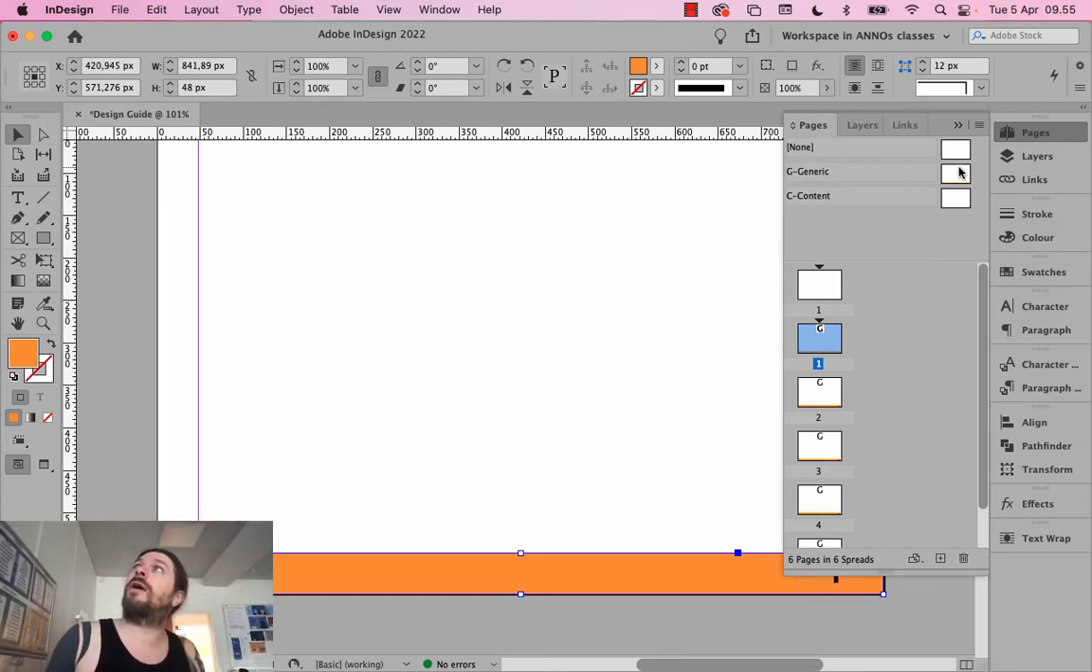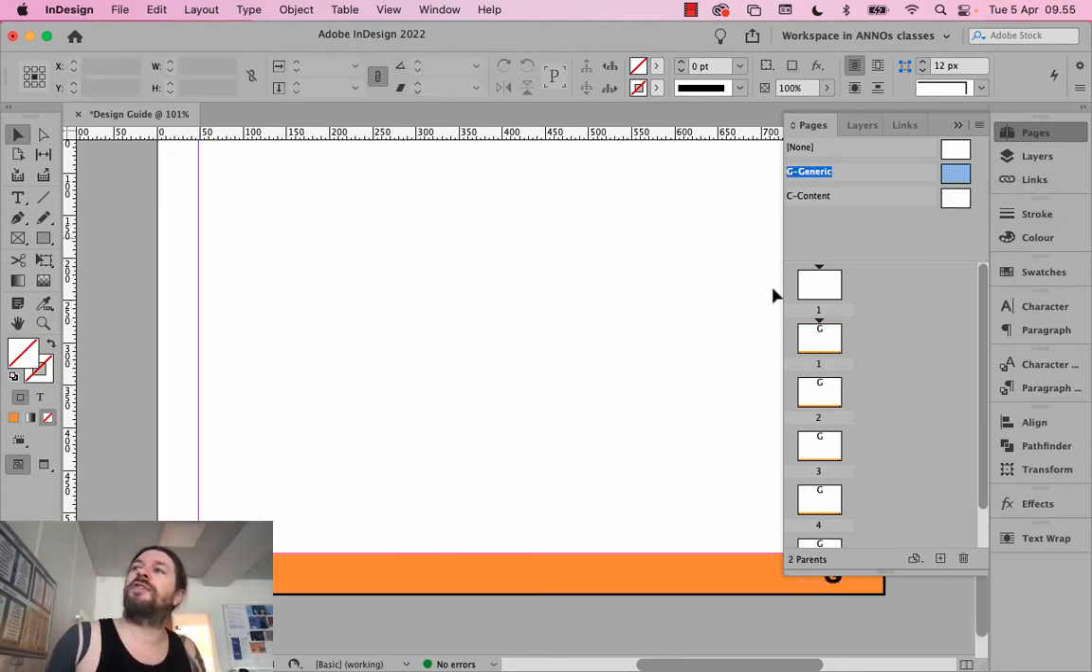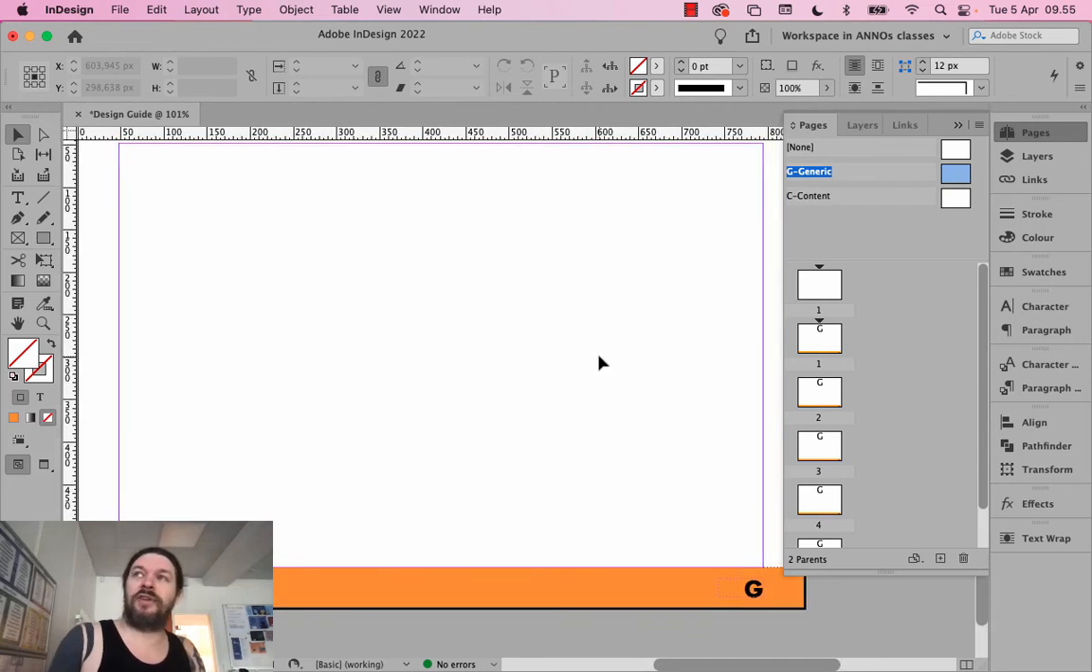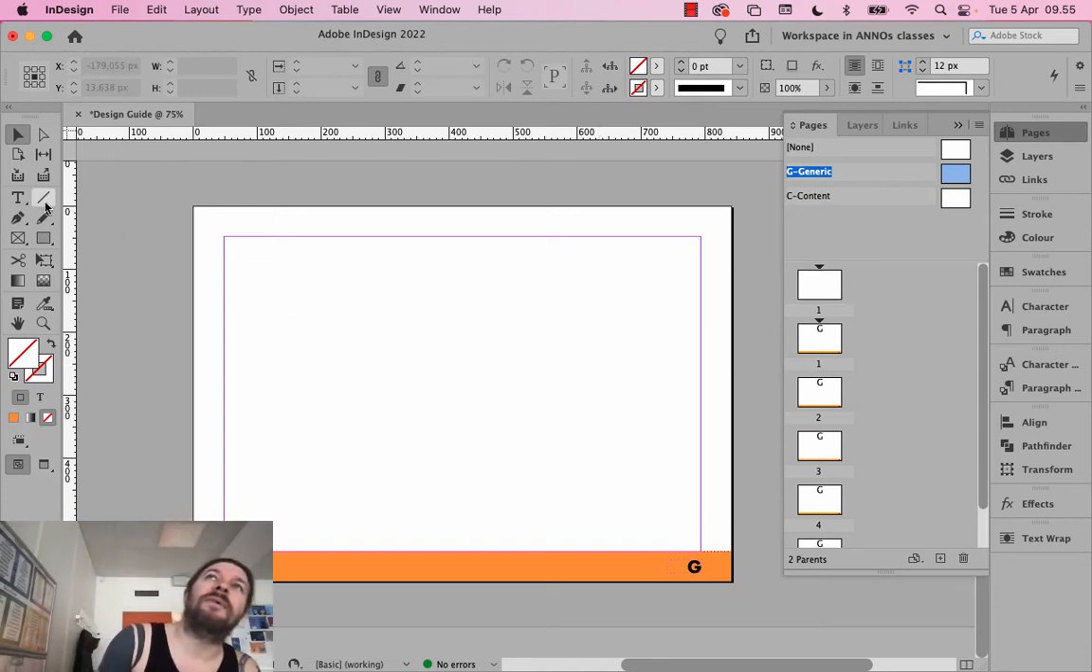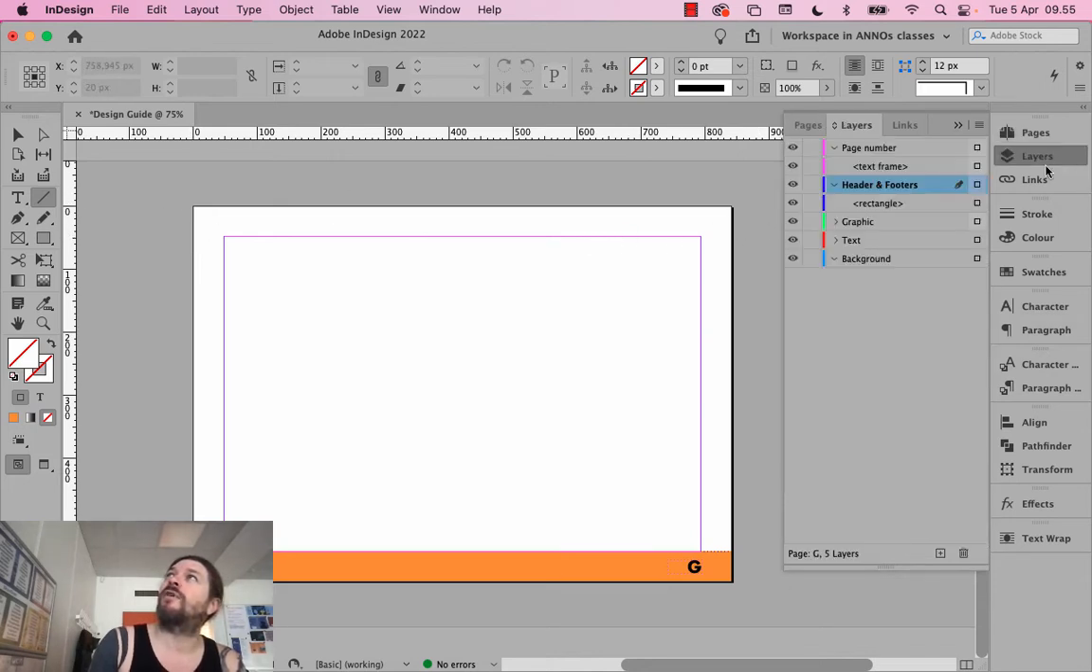So let's go up to G generic again. And on my generic page, I would also have a header. So I'm going to, instead of making this header one big bar, make it a thin stroke going from left edge to right edge. And I'll, of course, not make it in the page number layer, so I'll be sure that I'm located on the header and footer layer, and then I'll simply click and drag,